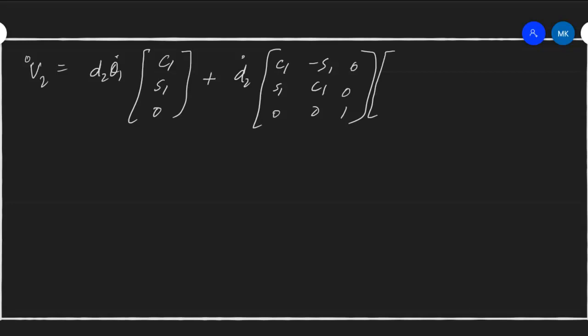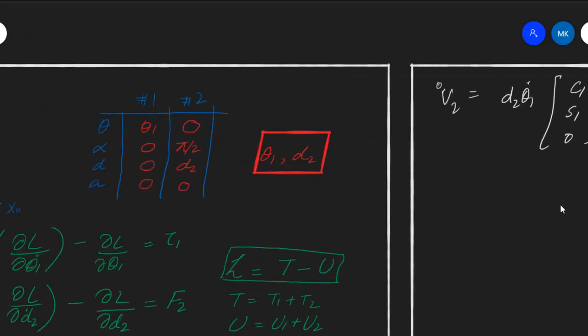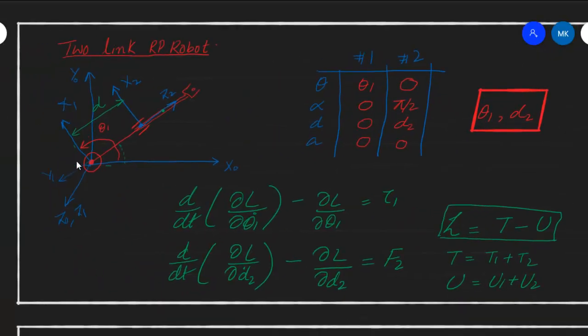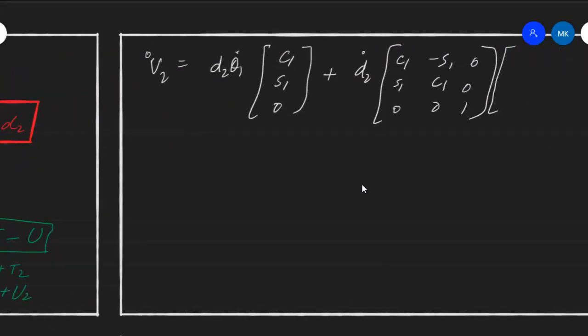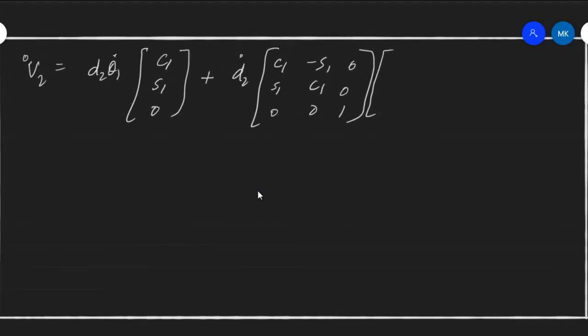Now r of 2 to 1, it's not just simply like this, because it is actually a transformation in a different way. So you can see this one, it's not rotation about z axis that leads us to this place. So z, z1 and z2 are different, so obviously their DH parameters come in. We have seen the transformation matrix that takes us from frame 1 to 2 or frame 2 to 1 with all the DH parameters included, so that will give us a different kind of transformation matrix. This is something that we will be using, and here we require just the rotation part of that DH matrix, which you can verify from the earlier notes on DH parameters.